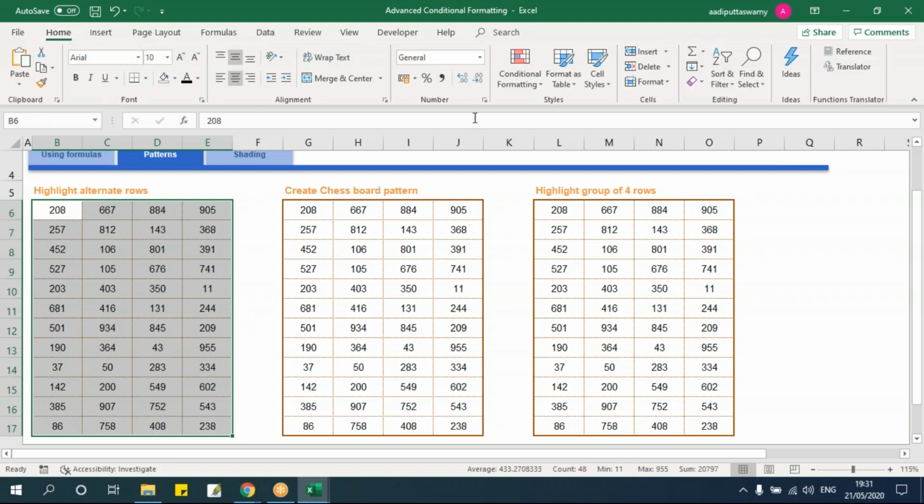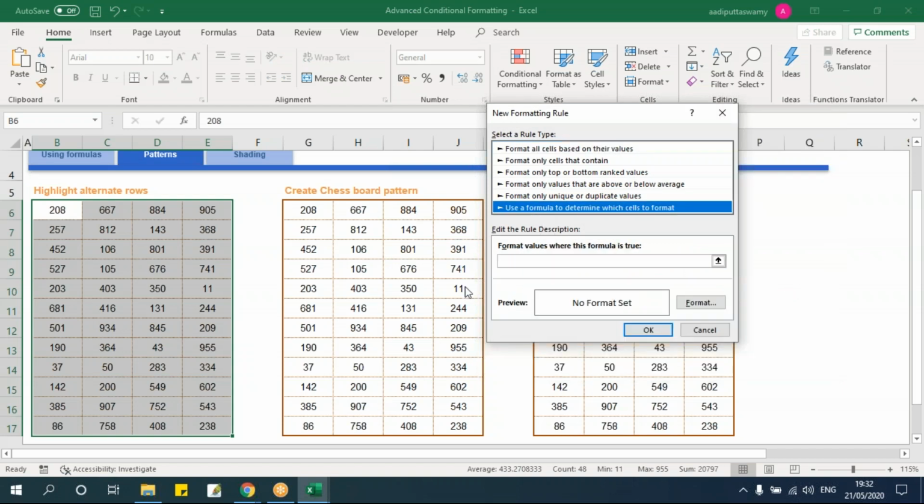and go to this conditional formatting. I'll say new rule. Here again I'll go to this formula. I can use many different functions here to highlight this. One is I can use whether the row number is even or odd, or I can use this MOD operator also. So what MOD will do is it will give me the remainder. Say equals MOD of the row number.